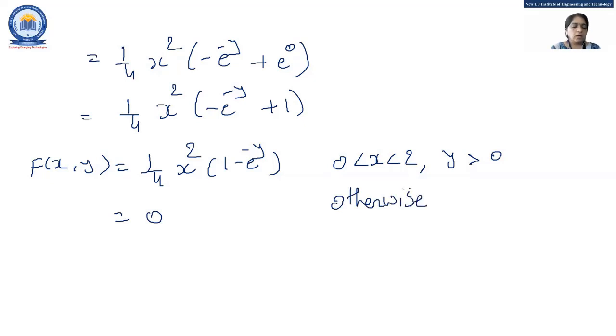Okay. Let's move to the next question, and that is: the joint probability density function of a two-dimensional random variable is f of xy is equal to x e to the power minus x(y plus 1), where x greater than 0 and y greater than 0, and examine whether the variables x and y are independent. So the solution is